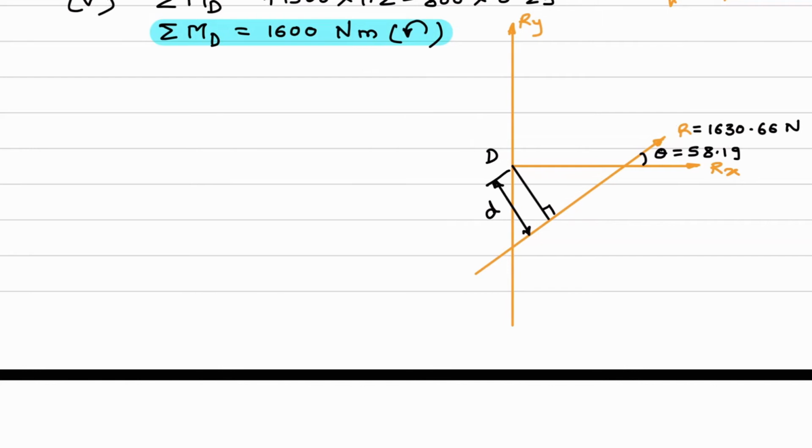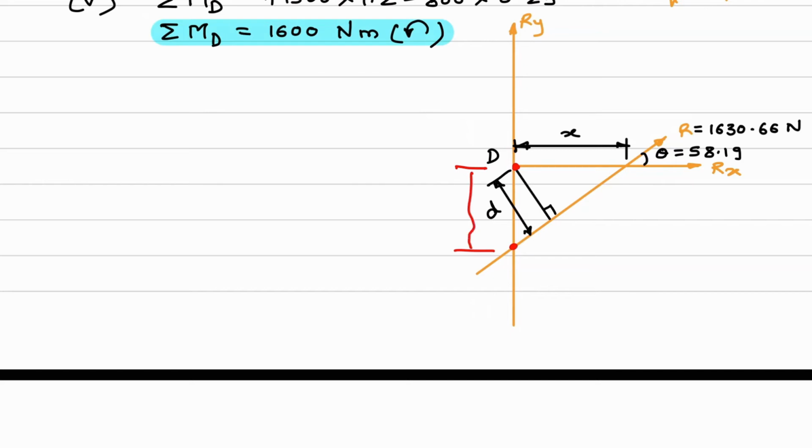So after this, what is asked in the question? We have to find x-intercept and y-intercept. So we have to find this x-intercept, and we have to find, wherever resultant cuts y-axis, it will be y-intercept. So we have to calculate x and y-intercept. Now how to do this? We have seen the equation, we have to use Varignon's theorem.